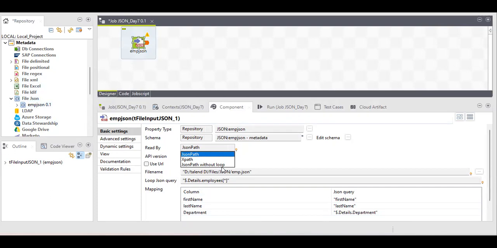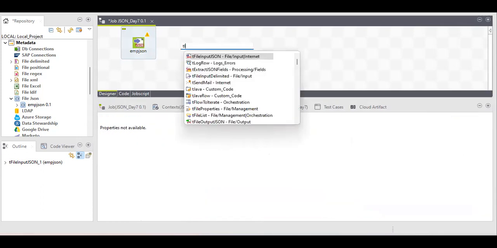Okay, so I will tell you, don't worry. This is my file name, this is my loop JSON query which we selected for looping, like at which node I need to iterate again and again. We have multiple records at employee, that's why we selected this one. Now first name, last name, and this is for your department column. If I extract in tLogRow,